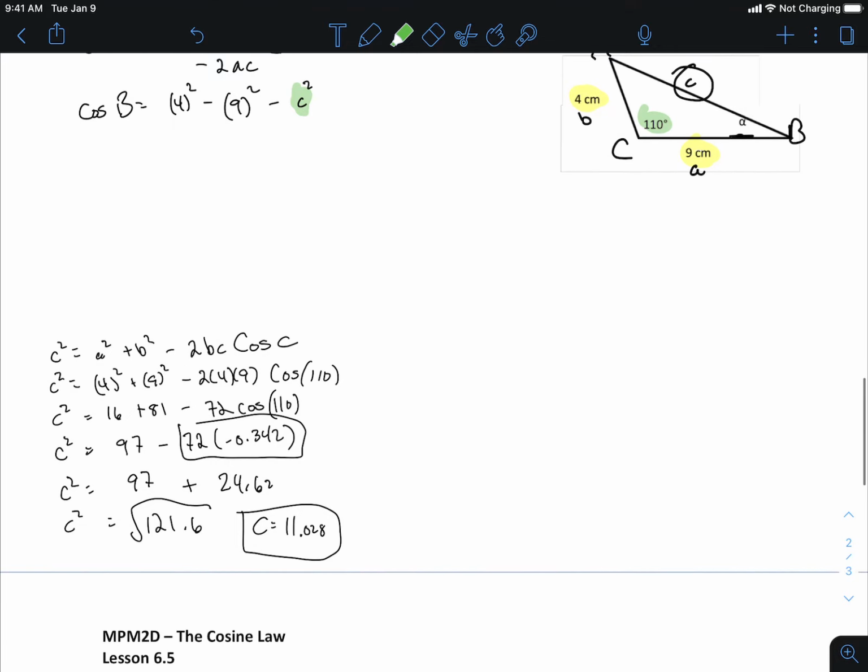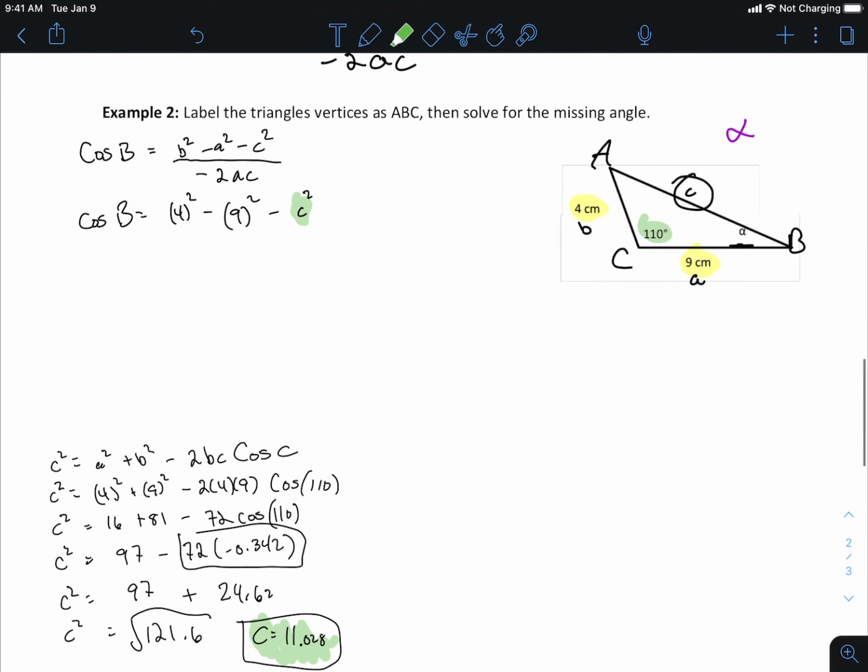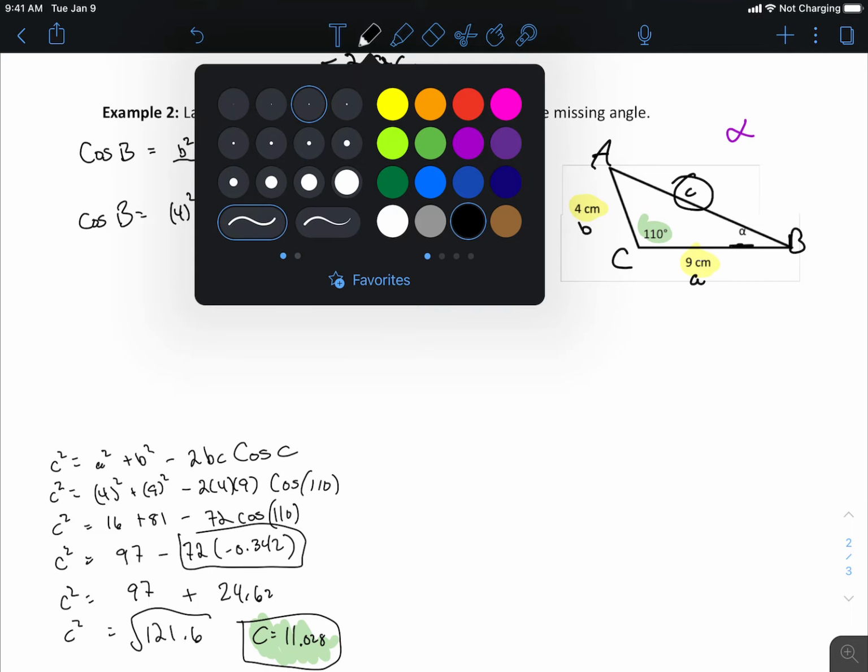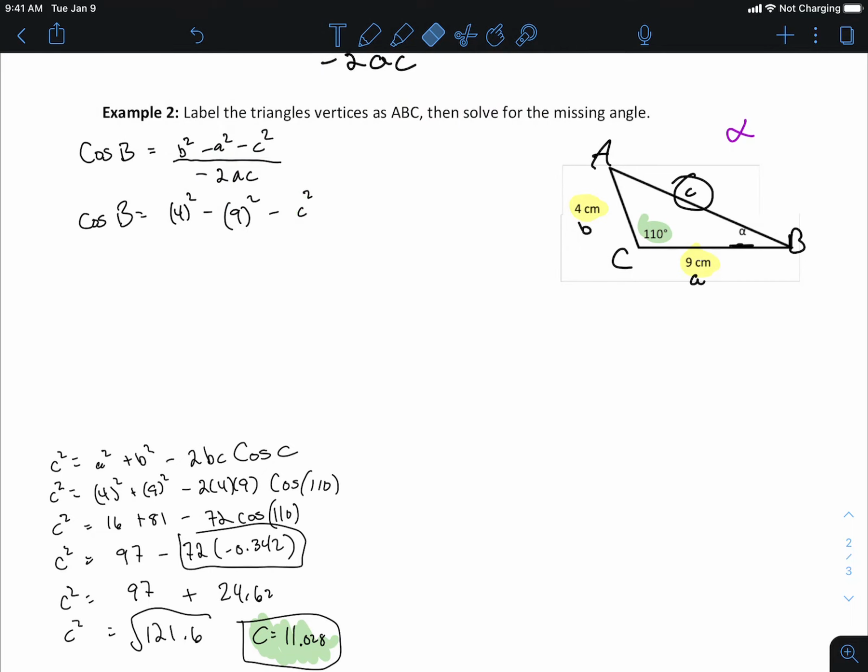Now I'm going to go down and find C, right? Once I have that, it unlocks the question. So we now found C, and we can go back and replace C in the equation, right? So now C is equal to